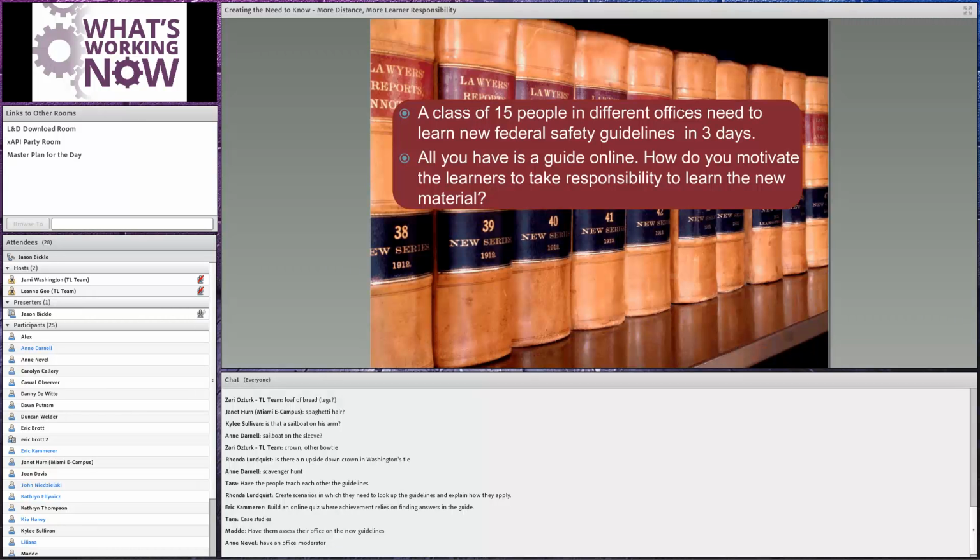Based on an online quiz where the achievement relies on finding answers in the guide. So you could build a quiz. You could do case studies, right? Have them assess their office for the new guidelines, right? Have an office moderator. So, normally a lot of times what we think, okay, we're going to build this little content or course, or we're going to do this quick online training, and if I build the training, if I build the learning there, it means that I have to do all the work and I have to kind of